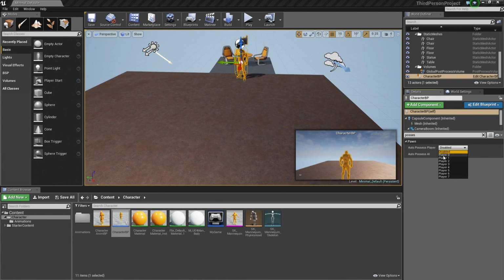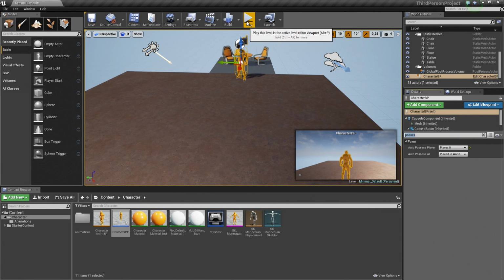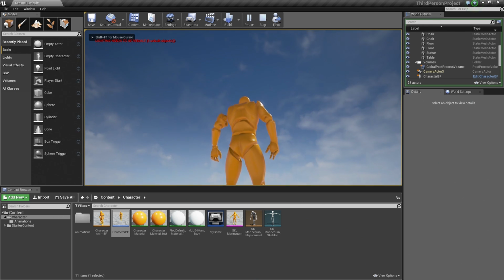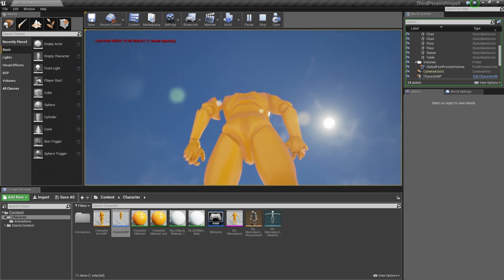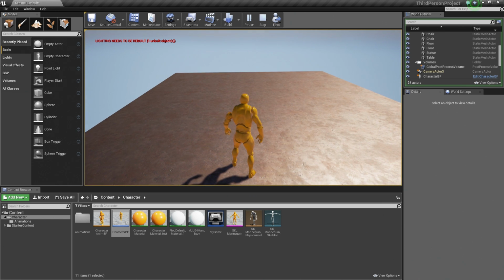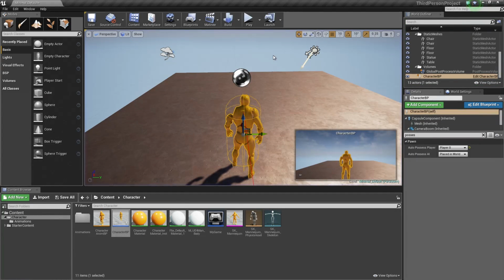Now by default in a single player game, you're always going to be player 0. So go ahead and select player 0. And this will let this character know that we want to possess it with player 0. So now if we hit play in the editor, we will possess that character. And as we move the mouse down, we are looking up. As I move the mouse up, we are looking down. If I hit escape